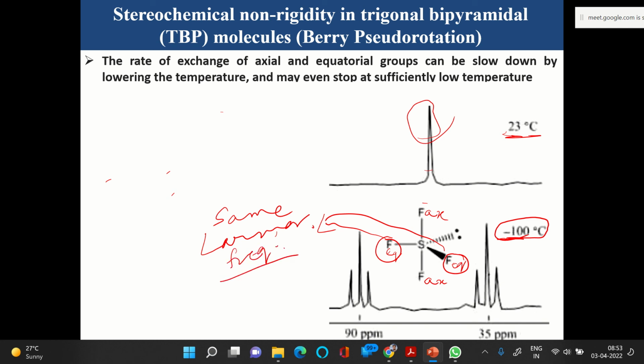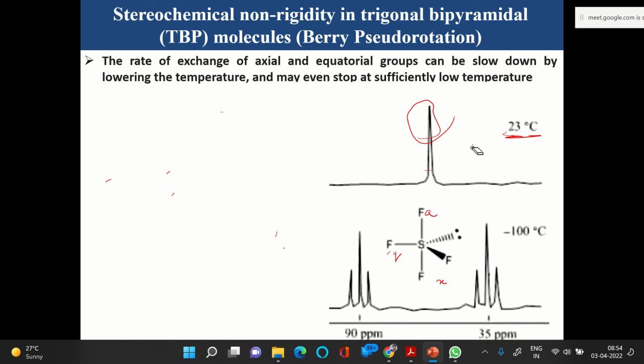Okay, and then starting from the appearance in isolation, if there is no different nucleus, they will appear as one. But when they interact with axial number 1 and axial number 2, the splitting will happen due to the spin-spin coupling, and you will obtain a triplet, the pattern which we discussed earlier. So this kind of situation, yeah. So for SF4 you are getting